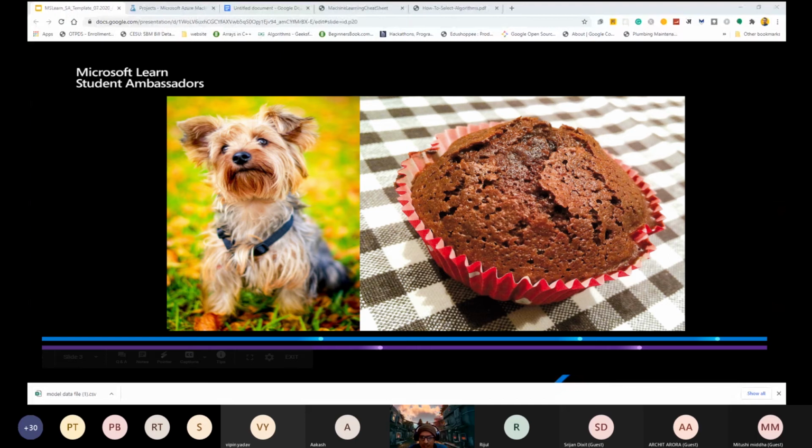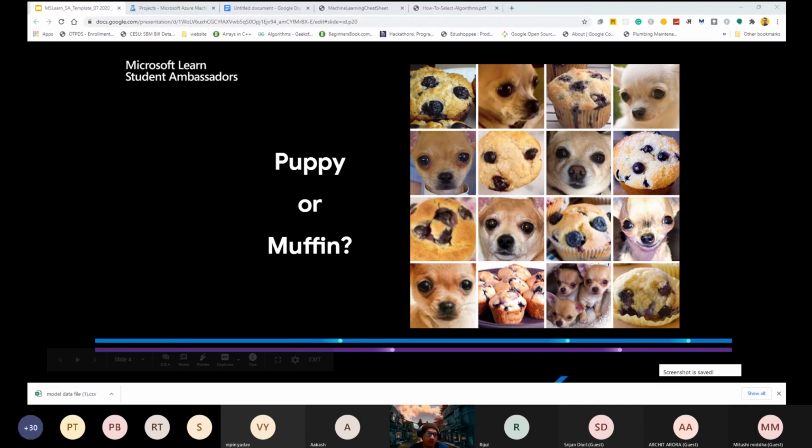You can identify a puppy because it has two eyes and ears, while the muffin has a wrapper on it. But if we have lots of puppies and muffins in the same set, how will you identify them? It's quite difficult to tell which one is a muffin and which one is a puppy.